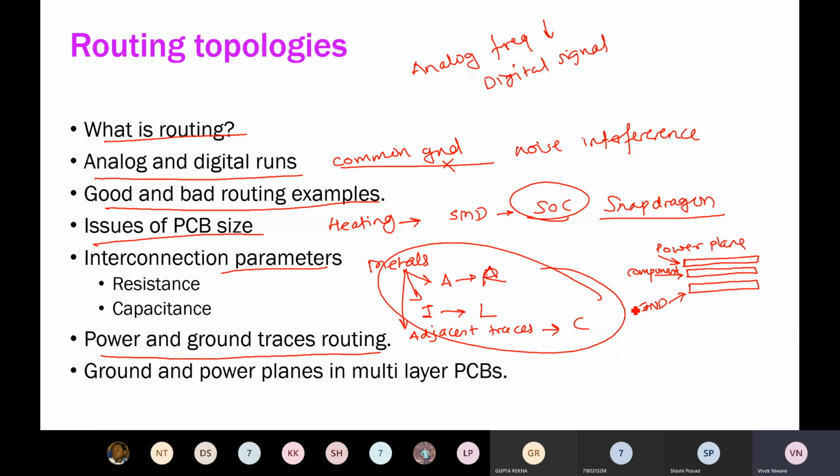Whenever we have a multiple layer design, then what will we have? We will have another component layer, and we will put a power plane. So what exactly is happening? This ground plane is utilized by this component layer as well as this component layer. So we have stacking of the planes, and these are also called image planes. So this is nothing but ground and power planes in a multi-layer PCB. We have a kind of sharing between those two.